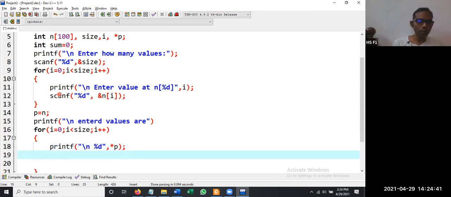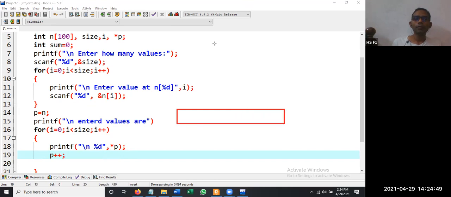For that, you write p plus plus. So here, for example, we are having an array of some values. Let us say we are having only 3 values. Then let us have the values 10, 20, 120, okay.